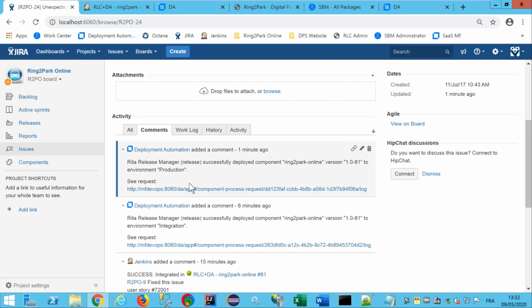So here we see that it was deployed into production. This one was deployed into integration before, and this one is about the Jenkins job. So the development team, if they have a look at the Jira ticket, they get information about what happens to their modification.